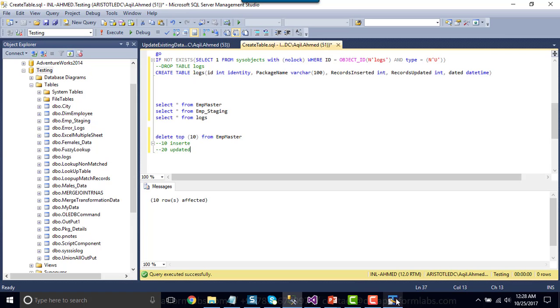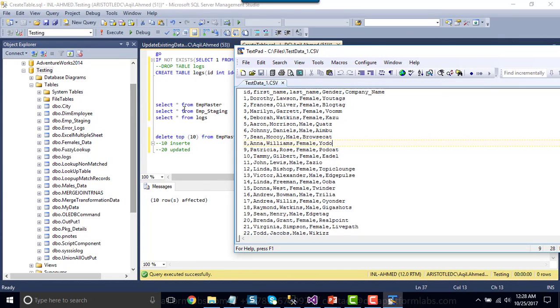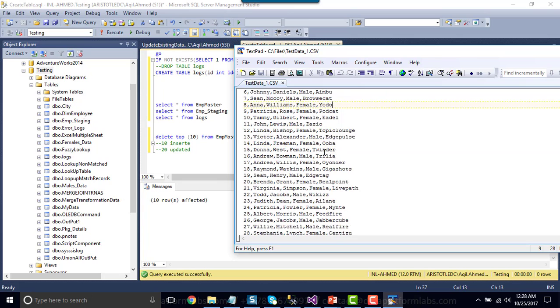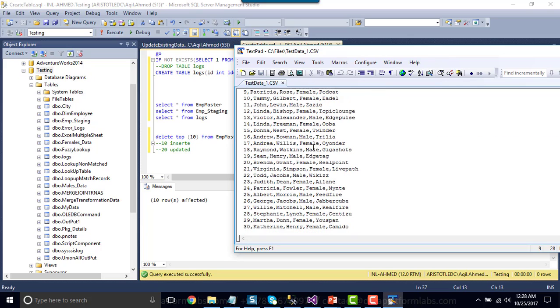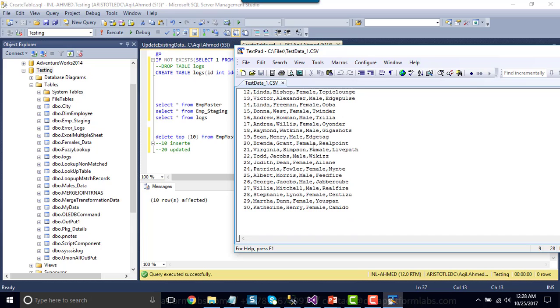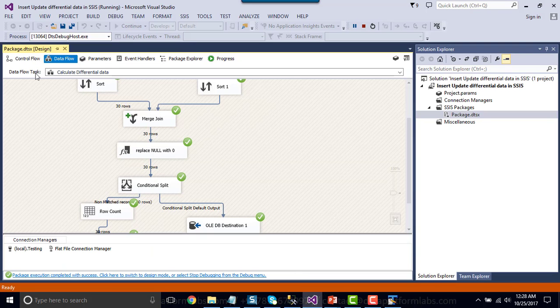Okay, because when this CSV file is compared with the SQL Server table, in the SQL Server table we have just 20 records, and in this CSV file we have 30 records. So the 10 records that were deleted from the SQL Server table will get inserted, and the 20 records will get updated. Okay, so let me rerun the SSIS package.